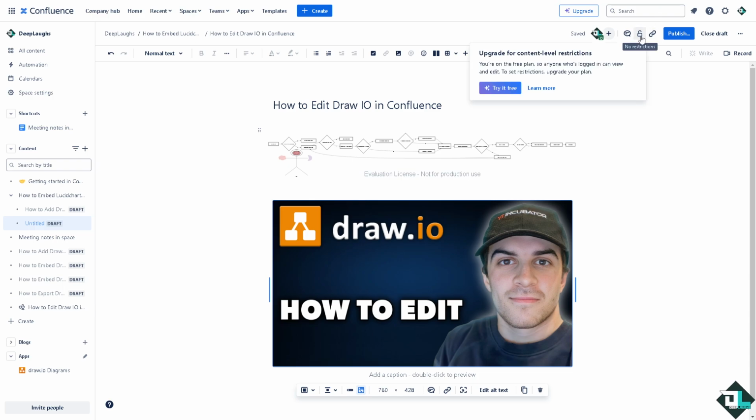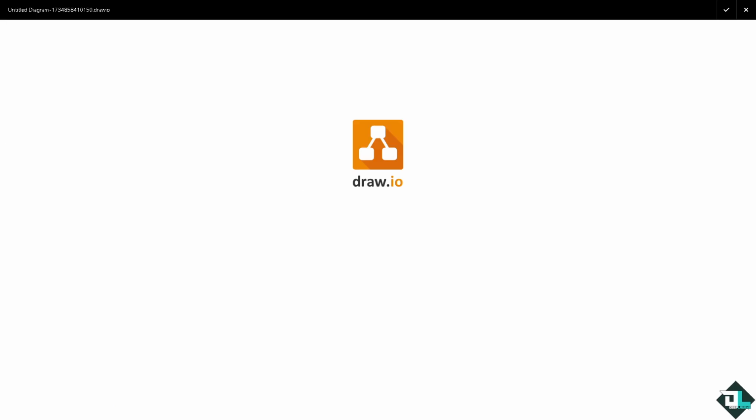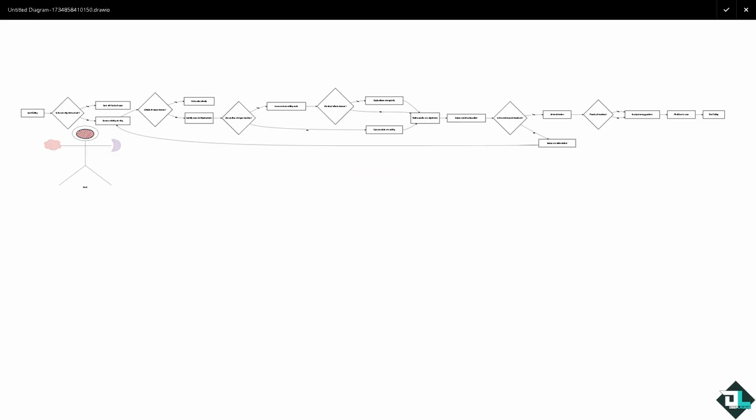You also have an option to lock this, all right, so that no one can accidentally delete or edit the diagram that you have exported from Droyo to Confluence, all right? Of course, you can update diagrams to serve as effective training materials for new team members, simplify complex concepts to make them understand. All right, and that's it basically on how you can export or edit the diagram from